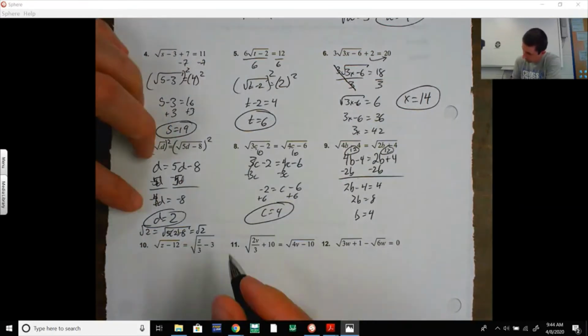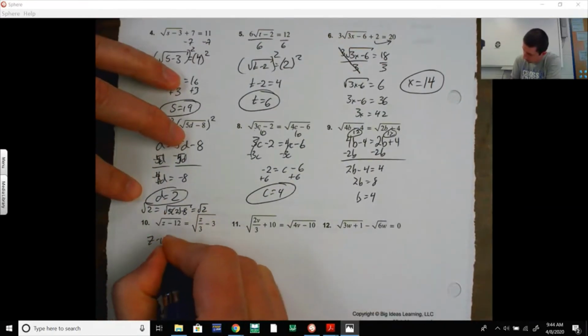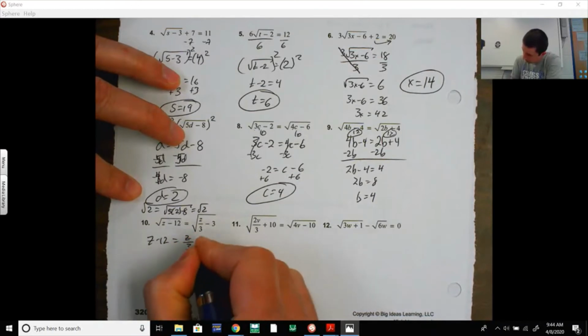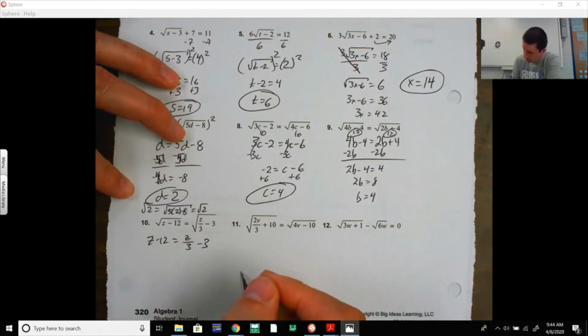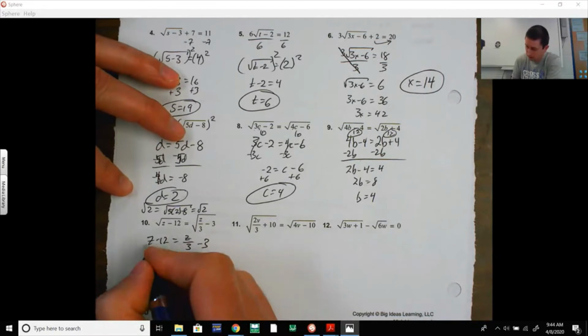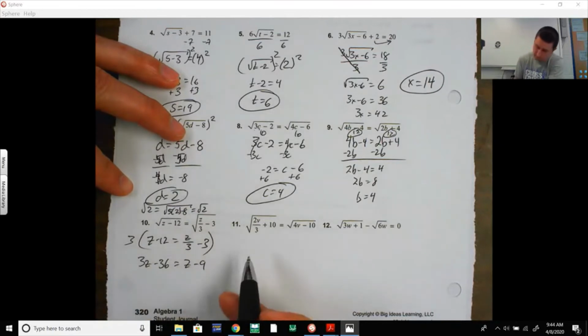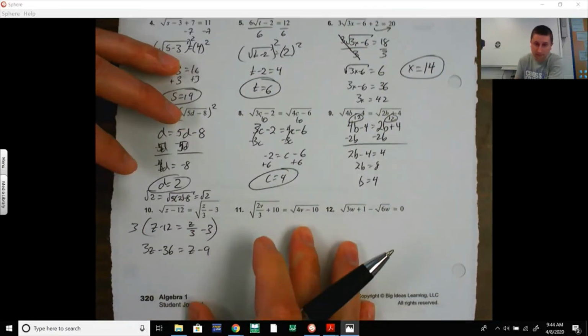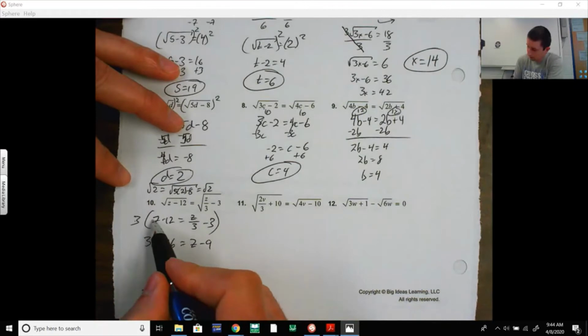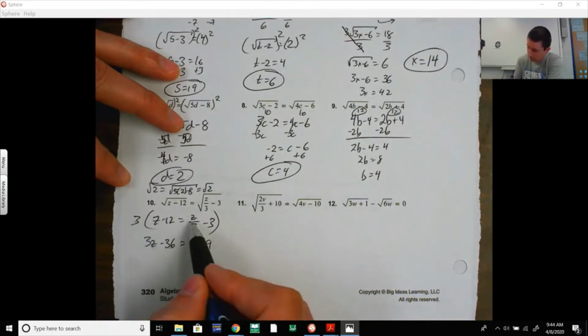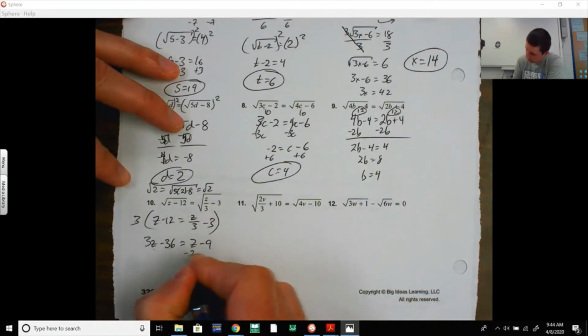Okay? So z minus 12 equals z over 3 minus 3. Now you know what? I don't like working with fractions. I'm going to take everything times 3. So 3z minus 36 equals z minus 9. How about that trick? Get rid of fractions. Okay, so 3 times z is 3z, 3 times 12 is 36, 3 times 1/3 z, 3 times 1/3 is 1, so that's 1z, 3 times 3 is 9. So minus the z over, 2z, add the 36,